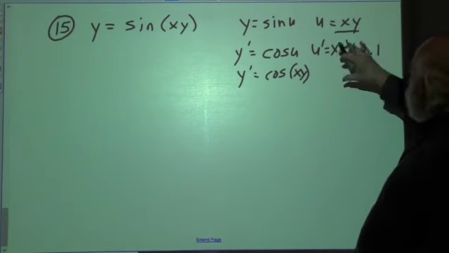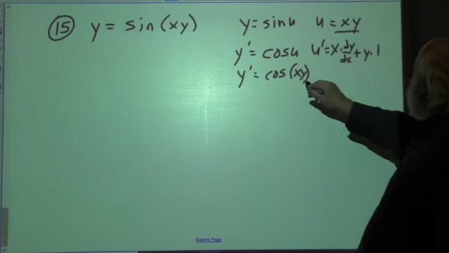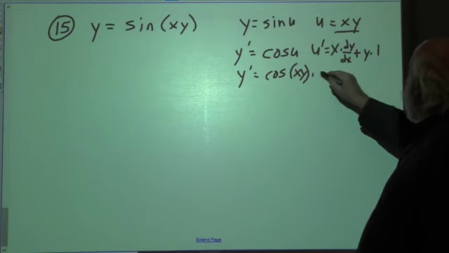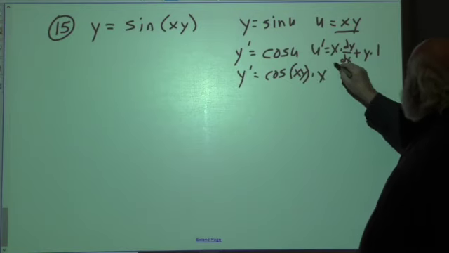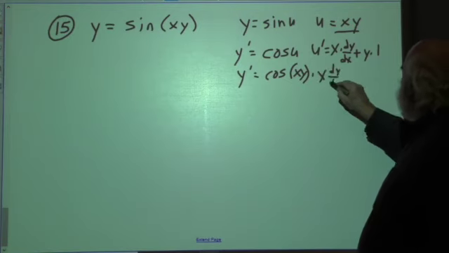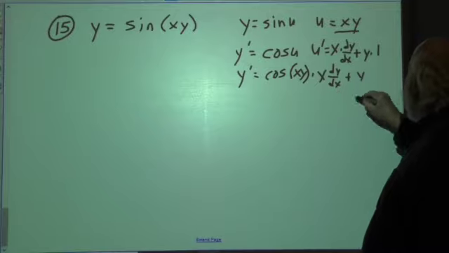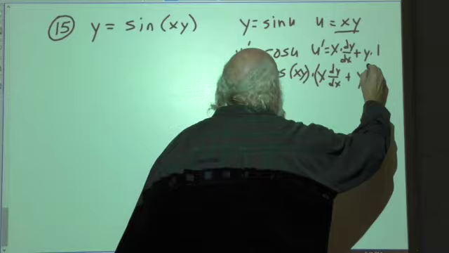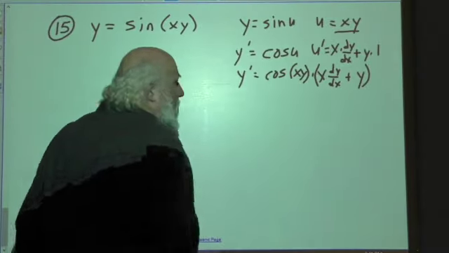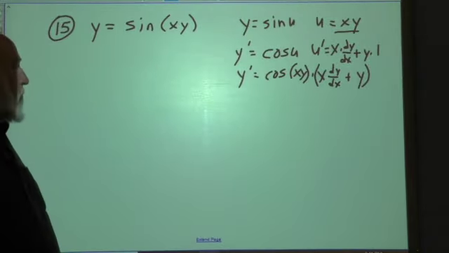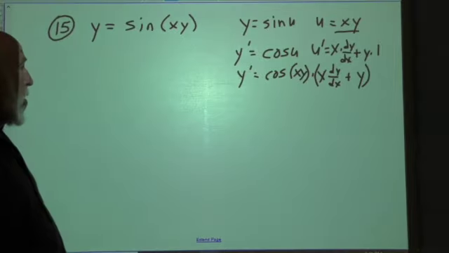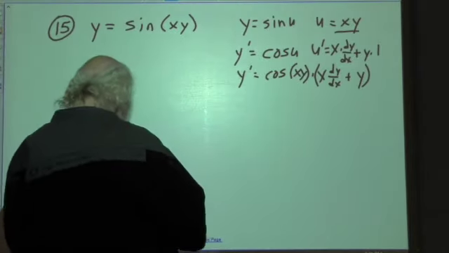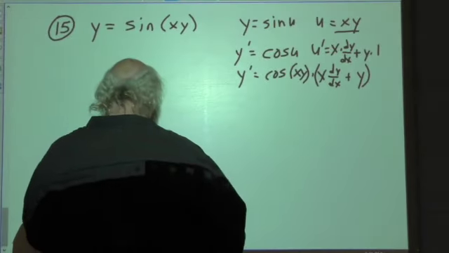So when we bring this over here with that, this is going to be times x dy dx plus y. So that whole thing is multiplying this thing right here. Okay? So when we do that, this is going to give us